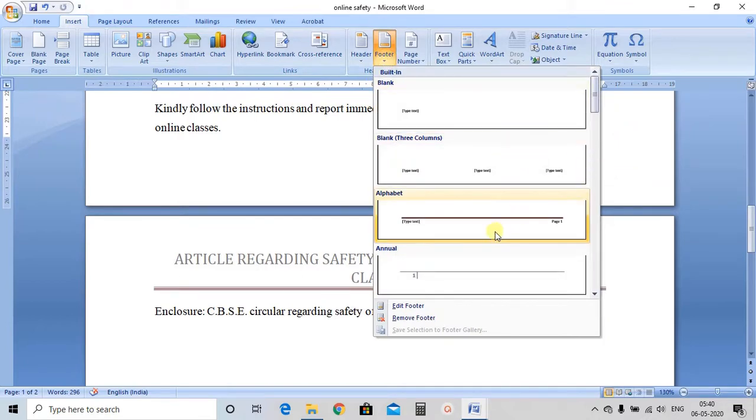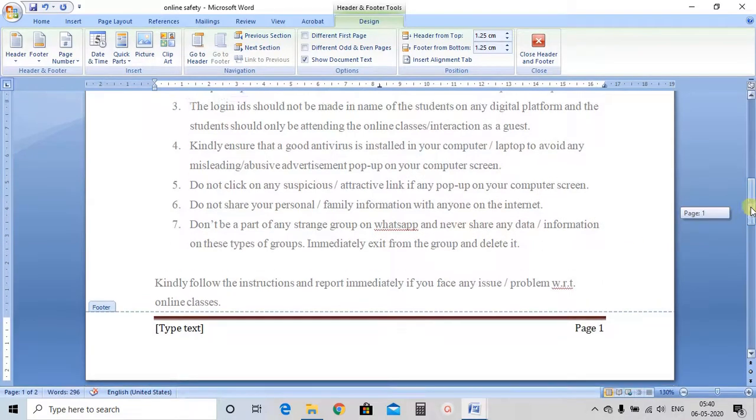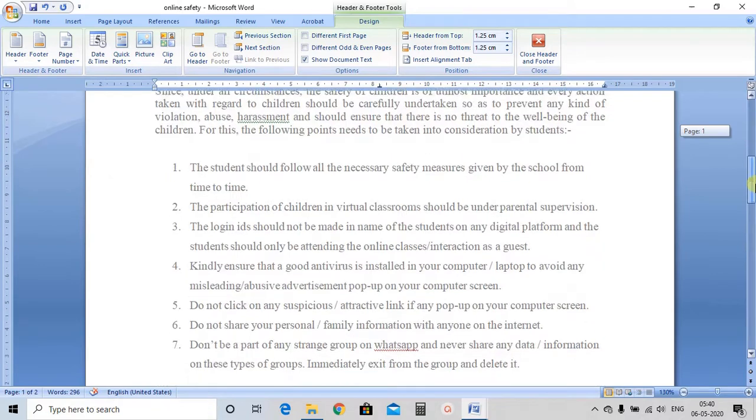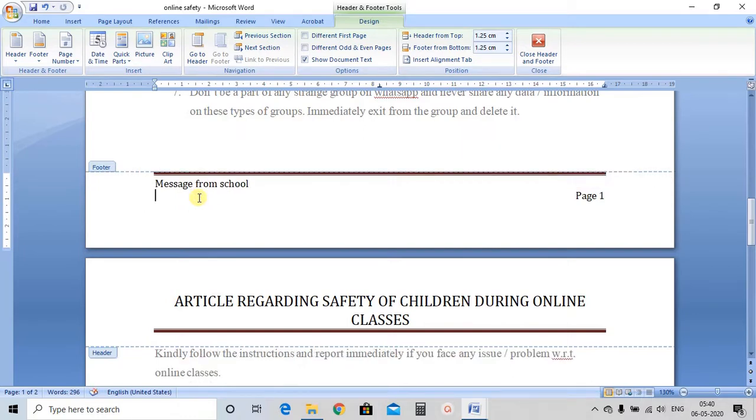Now as we have selected that heading, for matching only, this is our header part. So our footer part is matching with our header part. Now you can type a text here, like suppose, and enter.